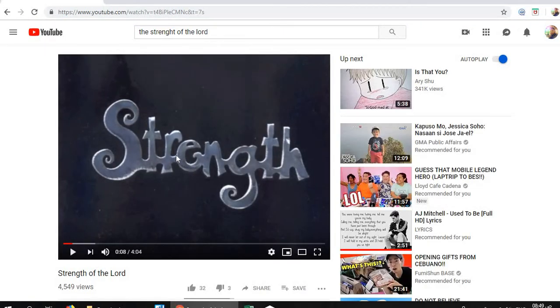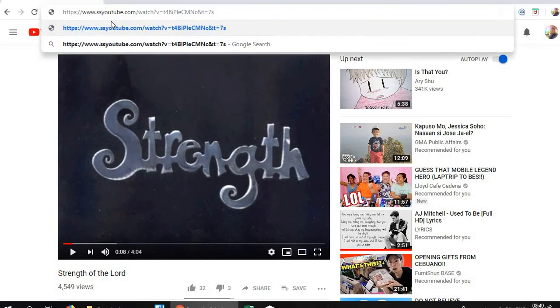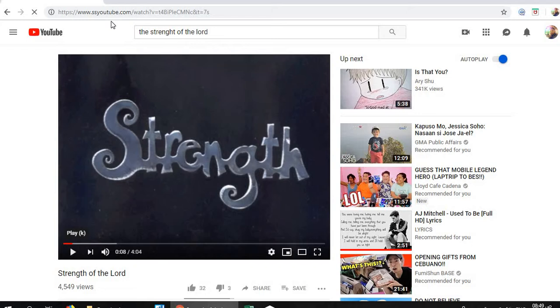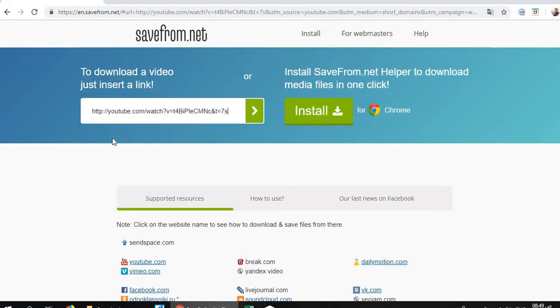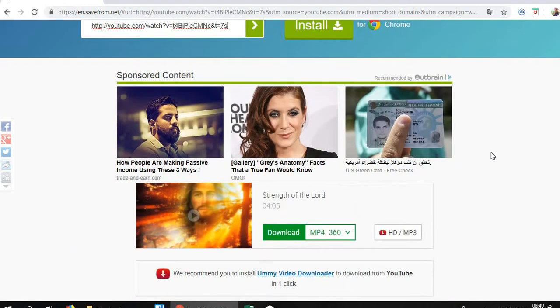And next, what you're going to do is put double S, the letter S, after the www dot in the URL. So click the URL and then after that put double S and then hit enter. And of course you have to wait until there's a download like this, and click download, and sometimes